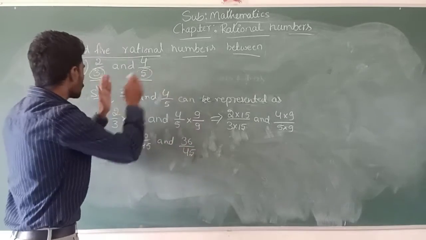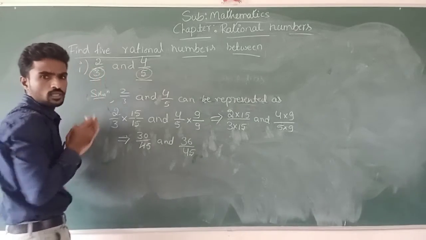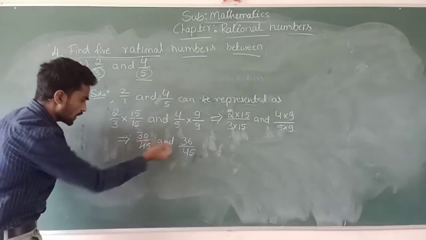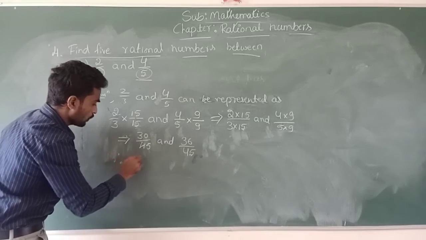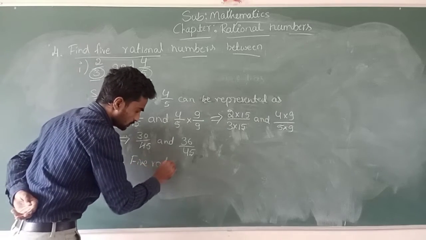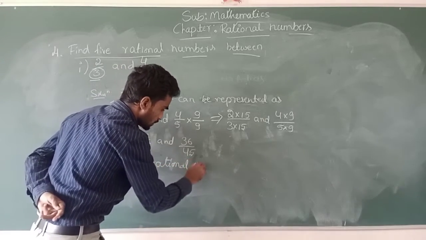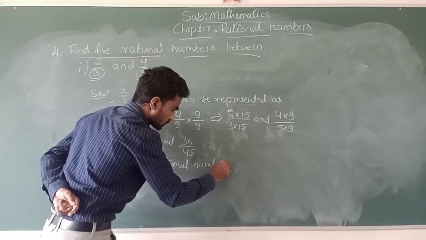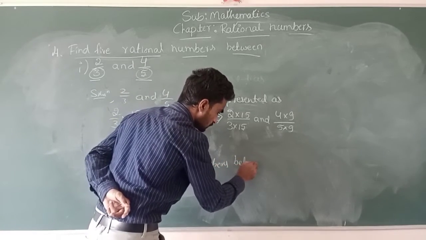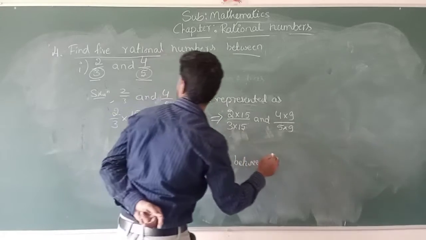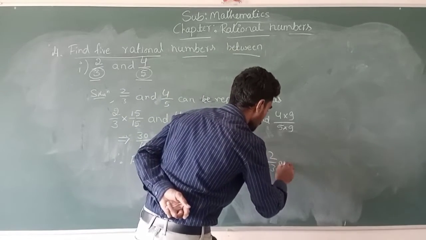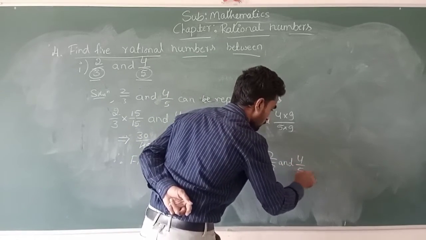Those rational numbers are also in between these two rational numbers. Now you can write therefore 5 rational numbers